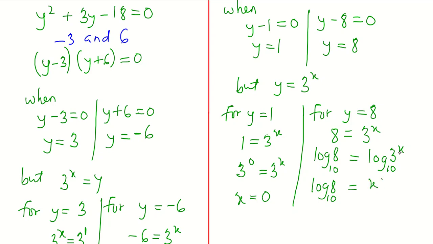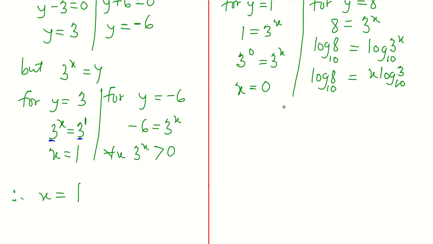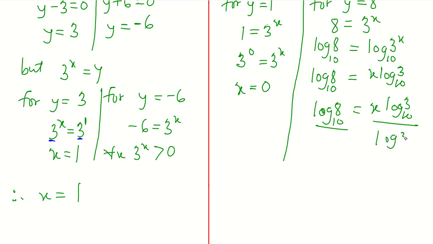So which means the x is coming to the right hand side of the logarithm. Then we have our logarithm of 3 to the base of 10. So if that happens and we want to find the value of x, then we can write logarithm of 8 to the base 10, which is equal to x logarithm of 3 to the base 10. And at this point, we divide both sides by the coefficient of x, that is logarithm of 3 to the base 10, and we have logarithm of